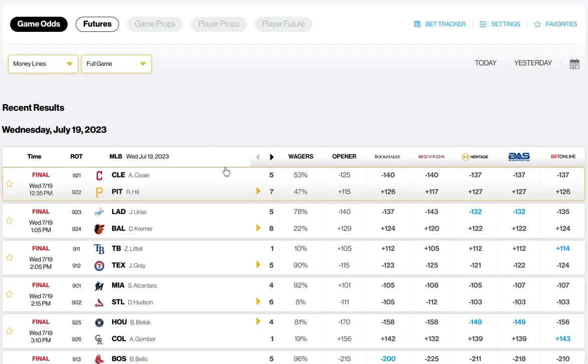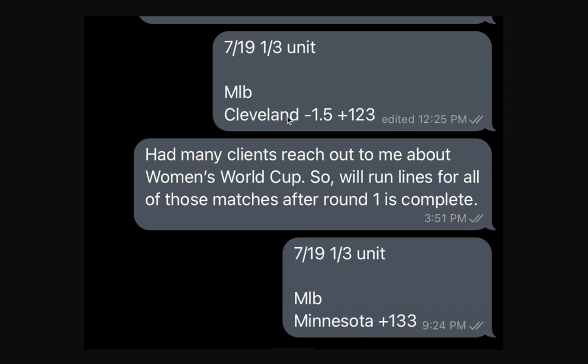I want to go to that actual game here and look at the actual line for Cleveland, which was, depending on the book, -140, -137, somewhere in that neighborhood. However, we played Cleveland on the run line. And so one of the key concepts in sports betting is to play money line dogs in all sports,